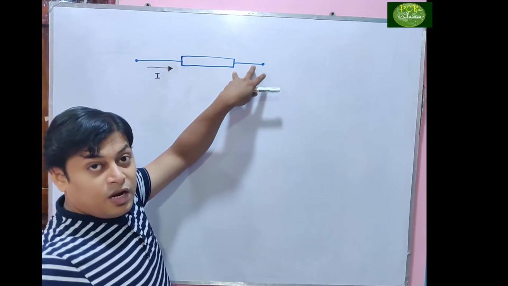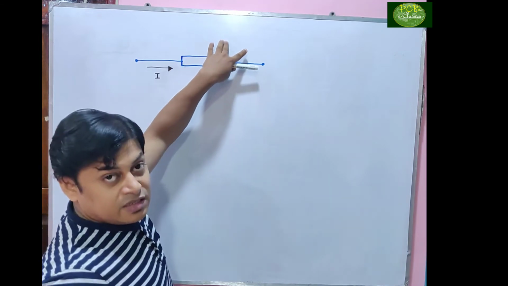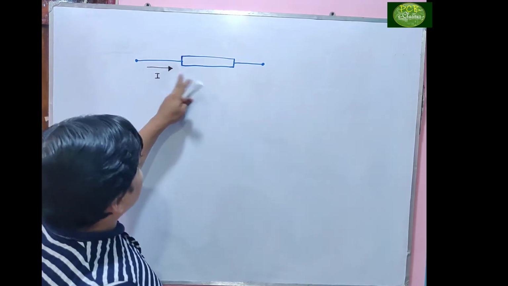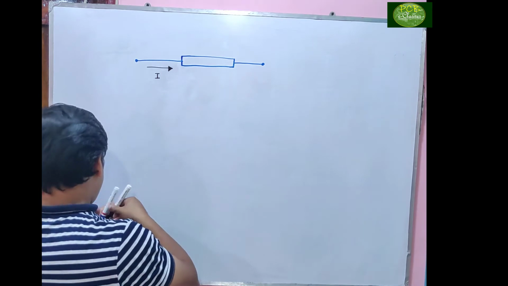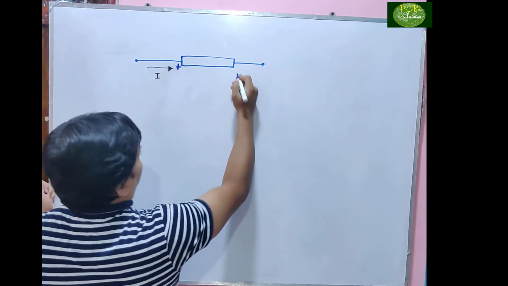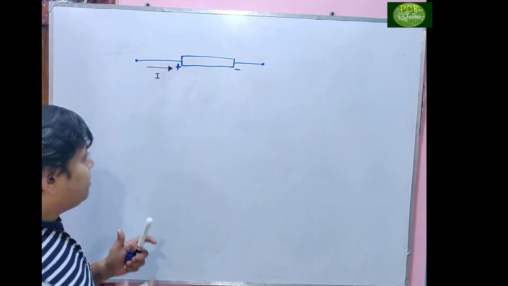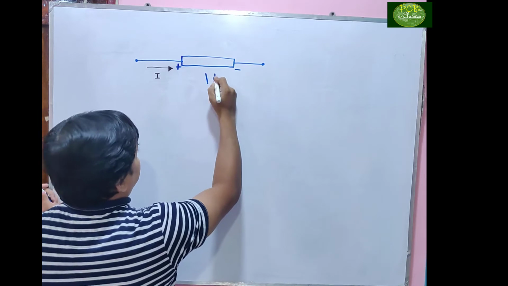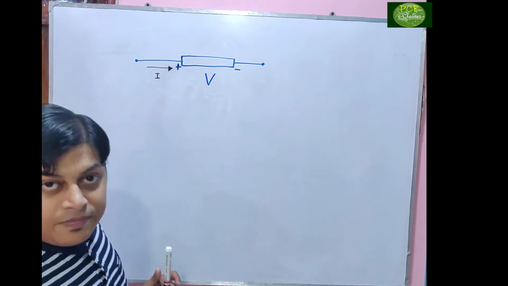Can you see here? No polarity I have given. Neither the positive, neither the negative. Only an element is there, and I am saying that some current is entering to it. Then, wherever the current enters, that will be positive, and the other terminal will be negative. Clear? And it's positive and negative, that means across this element the voltage is represented as V, the current entering is I.